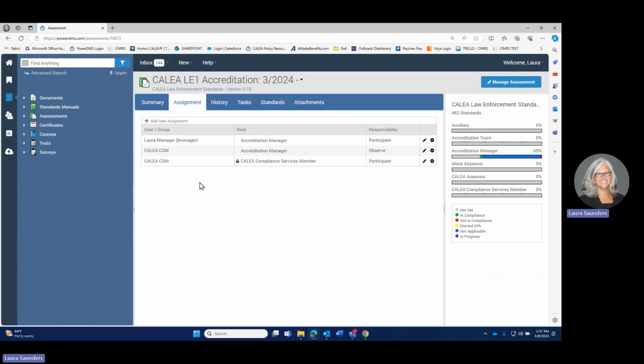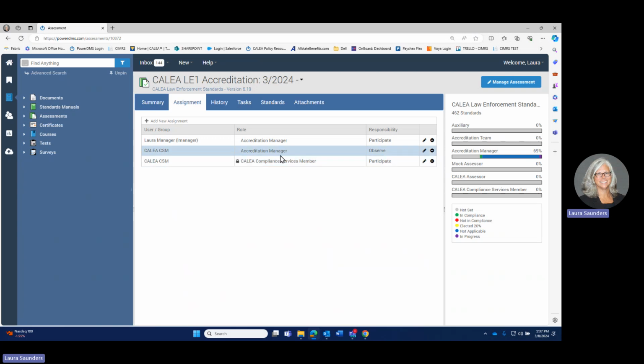CSM in an initial assessment or in year 4 of your cycle, when you're going to have a web-based assessment where your CALIA CSMs are going to review all your files for compliance. And again, we cover how to make the CSM assignments in a different video. But just to piggyback on that, now I may be ready to make an assignment to my CALIA